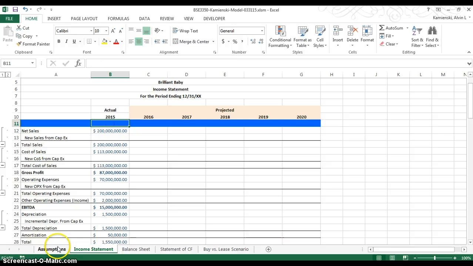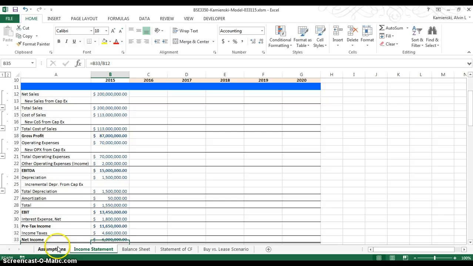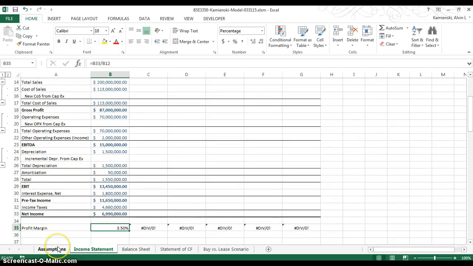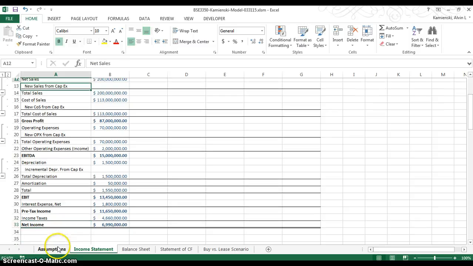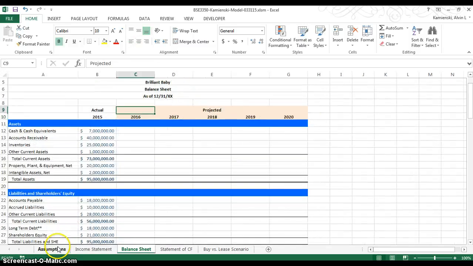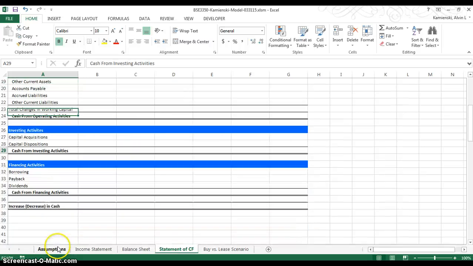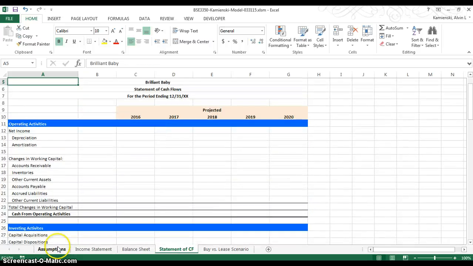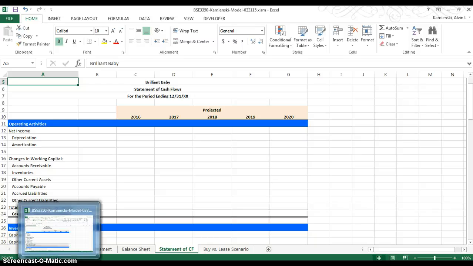So that has our actuals data in it with an ending value of, I believe it's 6,990,000. We don't need this line, so let's Alt H D R and get rid of that one. And then we should have our balance sheet with its numbers and a statement of cash flows that's largely empty for the time being. So that's all for now. We'll go ahead and start building the formulas in just